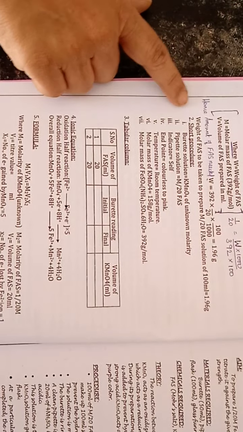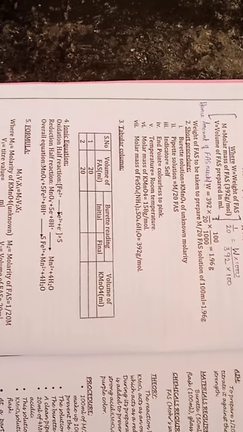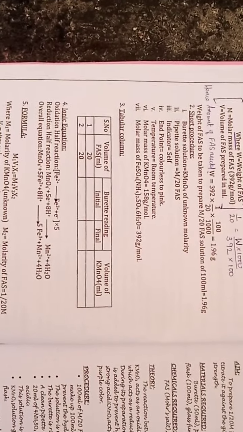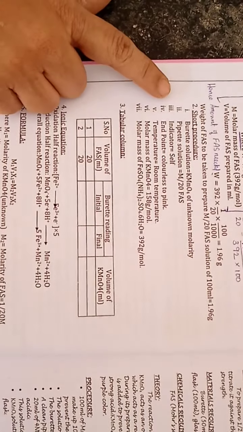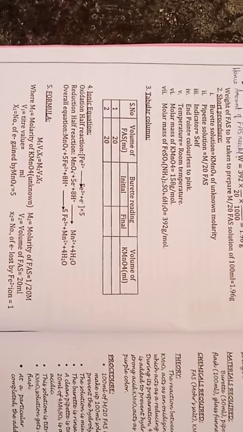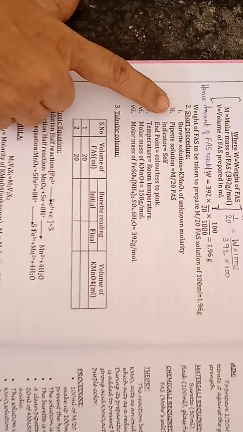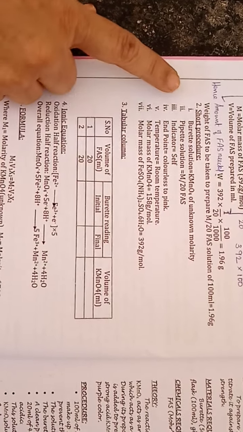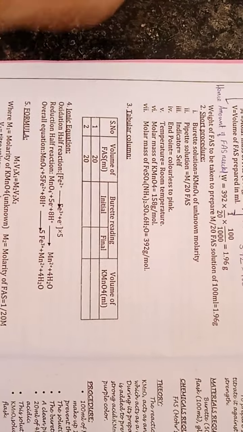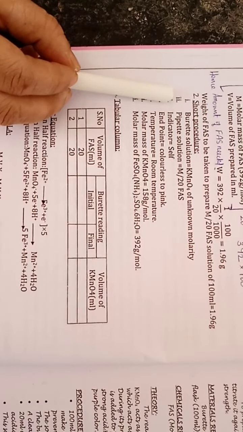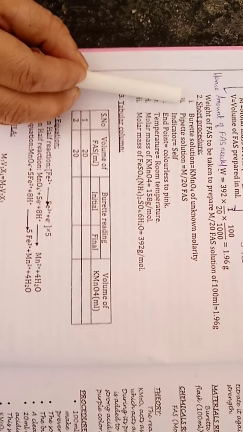A short procedure is given here, which will help you to immediately recall how to perform the titration. Burette solution, as you know, is KMnO4 solution. Now the short procedure for doing this volumetric analysis, children. Burette solution: we are going to take KMnO4 solution of unknown molarity in the burette. Then pipette solution, that is, we are going to pipette out M/20 FAS solution, 20 ml of